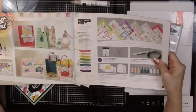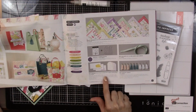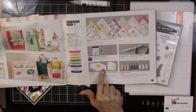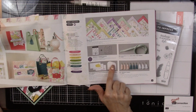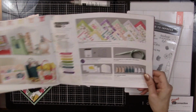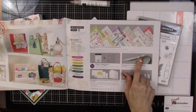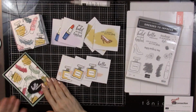Part of the bundle includes the Best Dress note cards and envelopes, and what's really neat about these note cards is that the front of the cards have color that's already stamped, and then they have matching stamped envelopes. This set also comes with this neat mint macaroon ribbon, which I have used on this card here, where